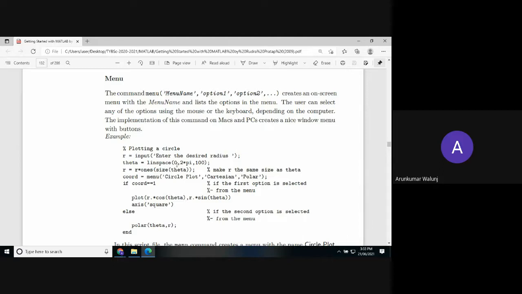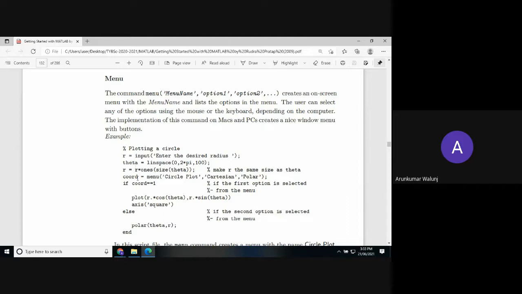Even at 359 the circle cannot be completed. Pi is 180, and 180 into 2 is 360. So 0 to 2 pi, comma 100, means 100 points will be considered and a linear space vector will be created for theta.